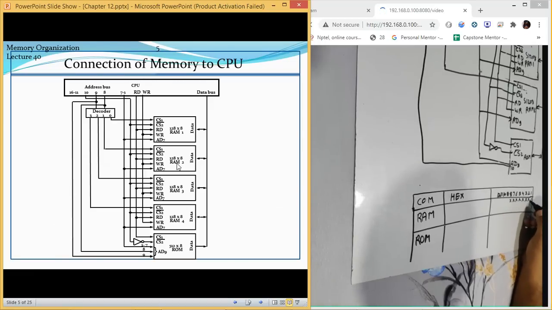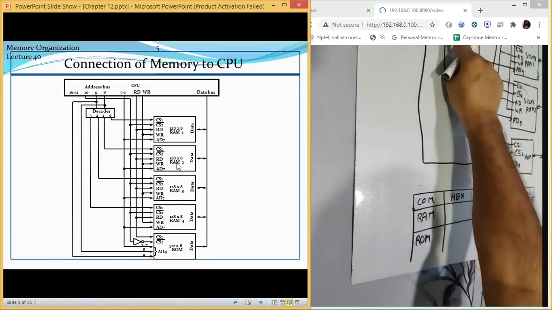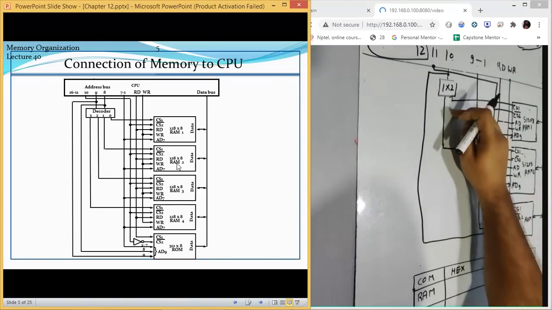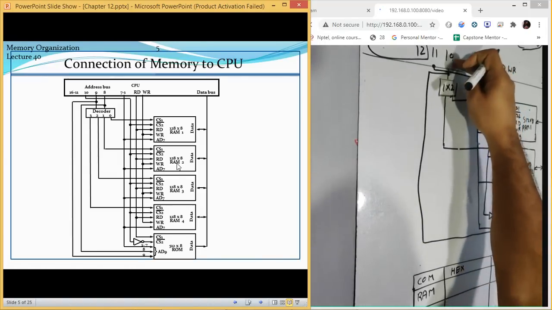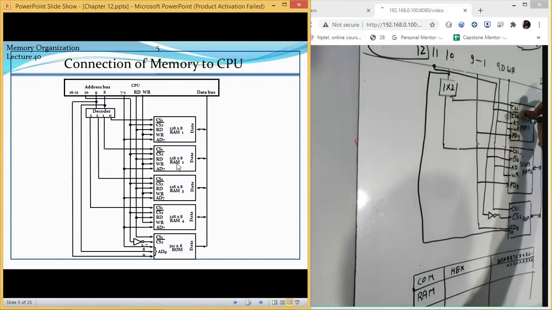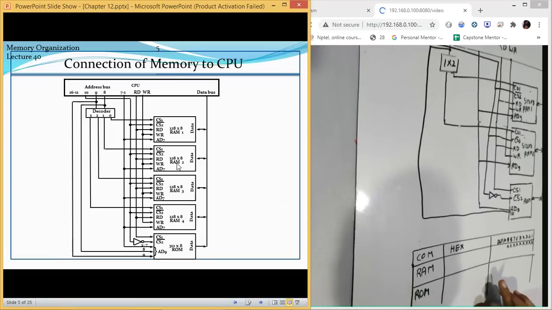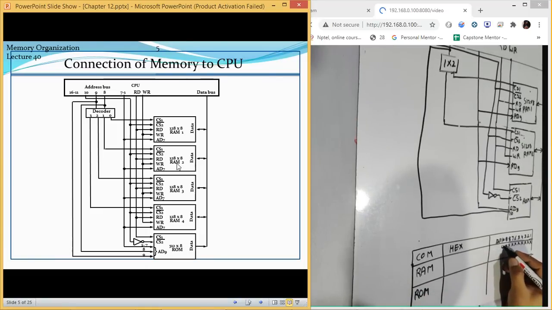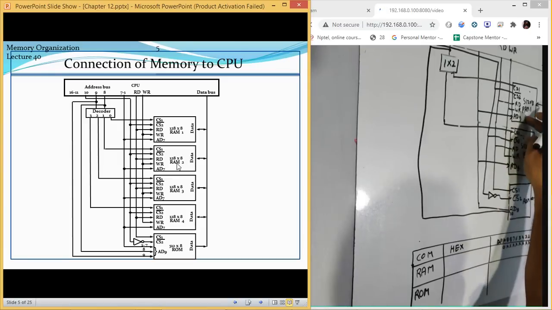So let me just name them out. So ninth bit is 0. We are using 10th bit at this place for a decoder. Now what are the possible values for this? So first possible value is that 10 is equal to 0. So if it is 0, this RAM chip is going to work. If this value is 1, then the last chip is going to work. So now let us discuss if the value is 0, because for running the first chip, if I try to find out the first address, then the first chip should be working.